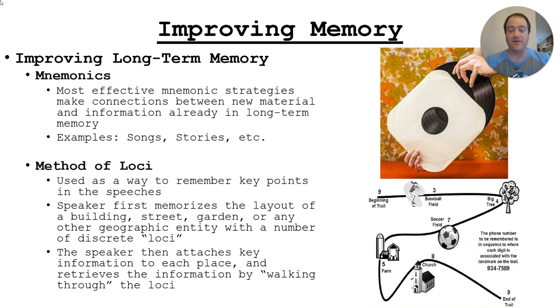So if I'm giving a speech about the AP exam, I want to make sure that I go over all these points. I make a road map out of my house, and I start in the kitchen, and then go to the living room and the bedroom and all that. I put what I want to talk about in each room, and at each point on that map there are different bits of information I have to talk about. That's the method of loci. First you memorize the layout, then you place information at stops along the way, and then you walk through it, and it helps you remember it easier.